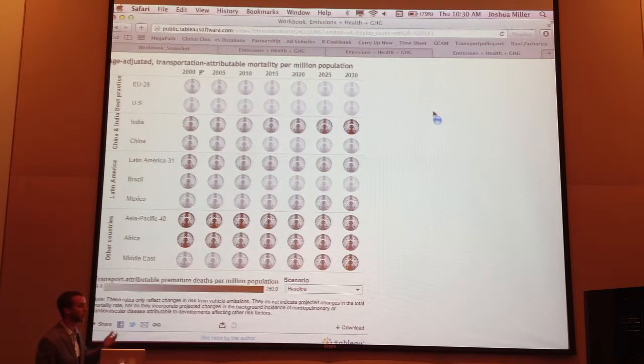And so we can see that in India it's just getting worse and worse without additional policy action. In Asia and Africa it was pretty bad. It's projected to stay pretty bad. But in countries that have adopted the advanced emission controls like the US and Europe, it's getting even clearer over time. So we could look at this for the new policy pathway and see